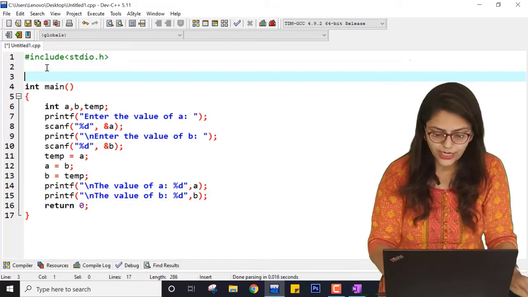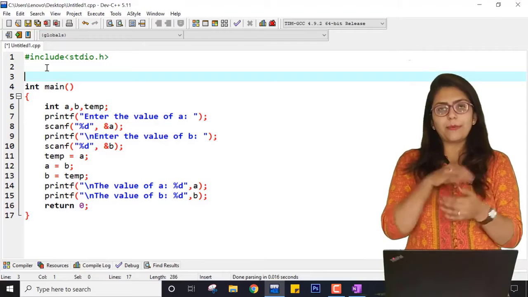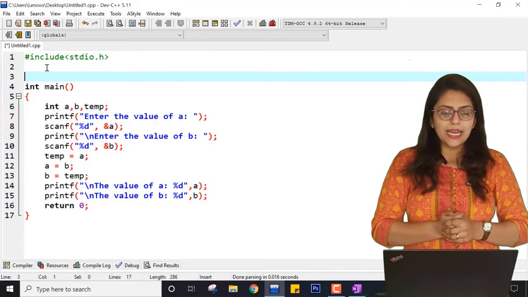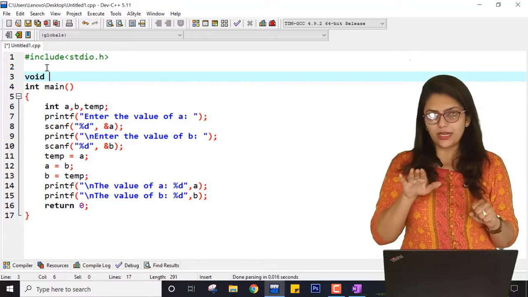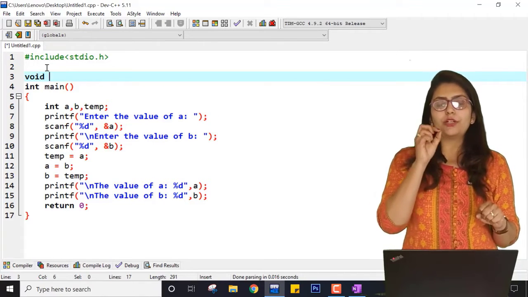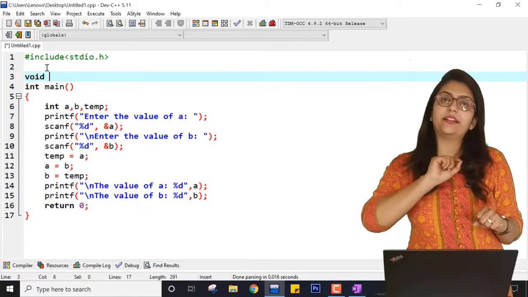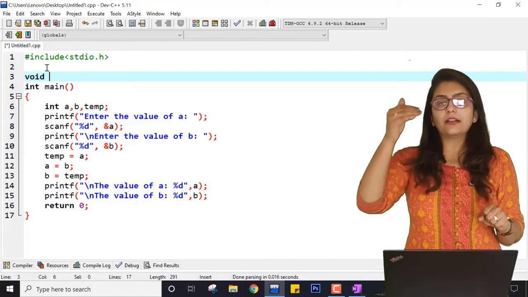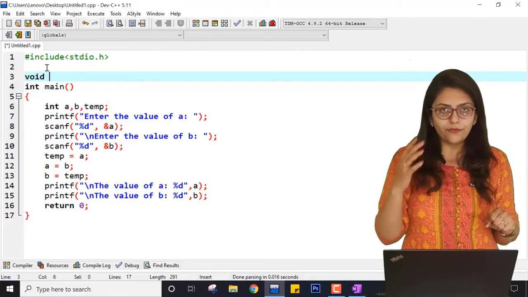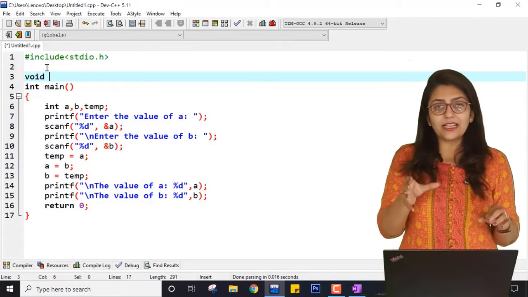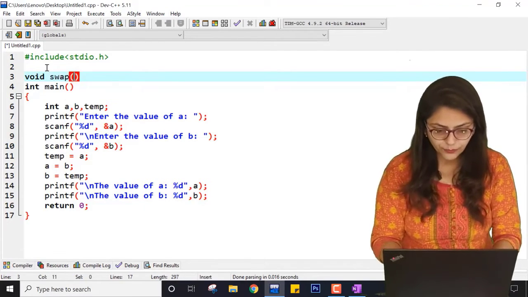Now what if I want to create one function swap? I just want to swap and print. So I am using the void data type. Why? Because I am not going to return anything. Make sure that you know that you cannot return the value of A and the value of B at the same time. You cannot say return A and return B, right? In one function you can return only one value. Either you can use if else, but in that case also you are returning one value. So I am just writing void.